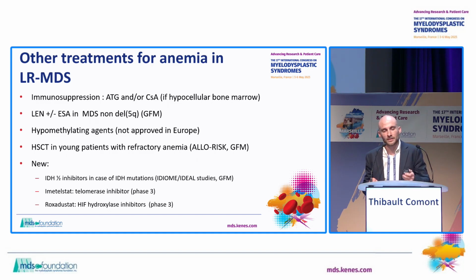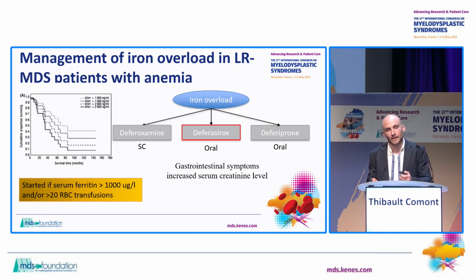I can talk about 2 other interesting drugs: imetelstat, which is a telomerase inhibitor, and roxadustat, which is a hypoxia-inducible factor prolyl hydroxylase inhibitor. Both showed very interesting results in phase 2, and we are waiting for the results of the phase 3. But they could be approved in a few years, I think. Next,